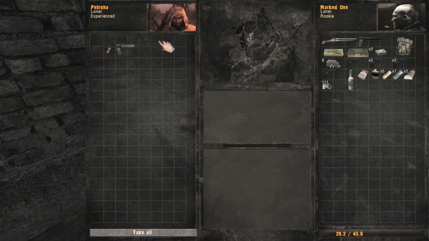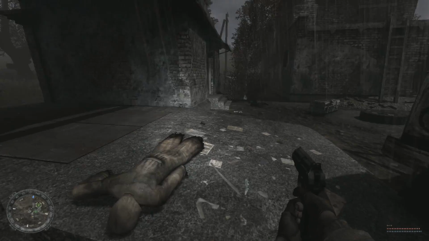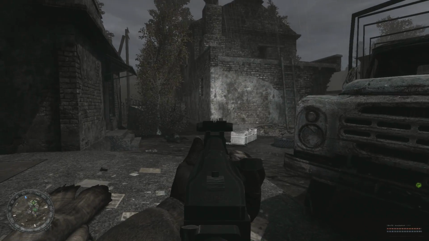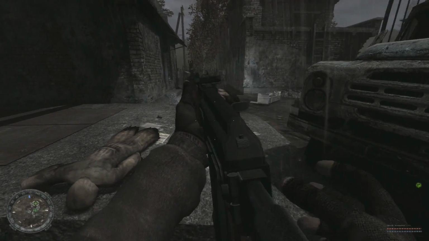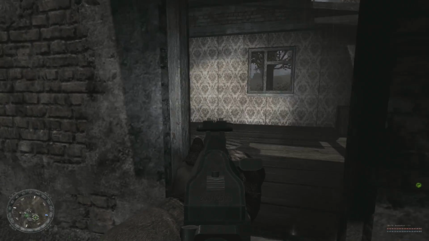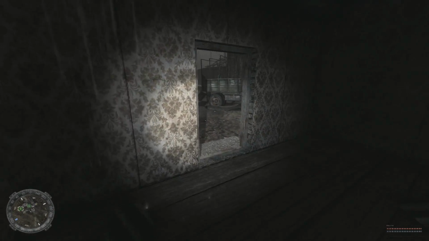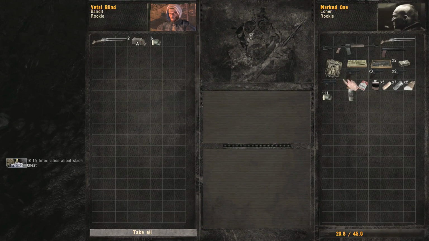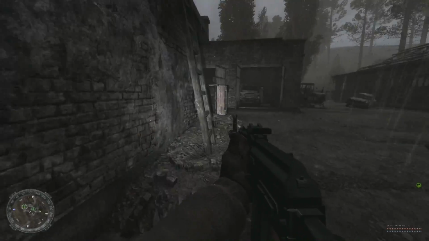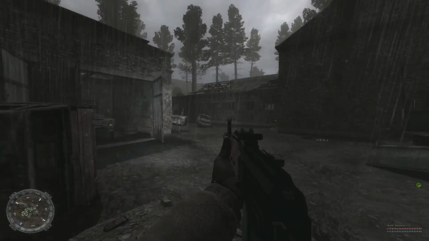Hello. It's a Sega 12S. That is a pretty nice semi-automatic shotgun. I think I will, in fact, equip it. If we can. There we go. Looks like an AK-47, but believe me, it's actually a shotgun. It's a nice find this early in the game, to be fair. We'll basically grab as much stuff as we can carry and sell it all to Sidrovich. The more rubles we acquire, the easier this is all going to be for us, so...